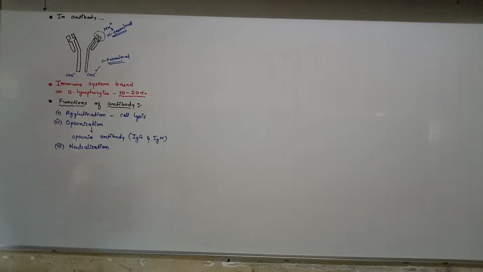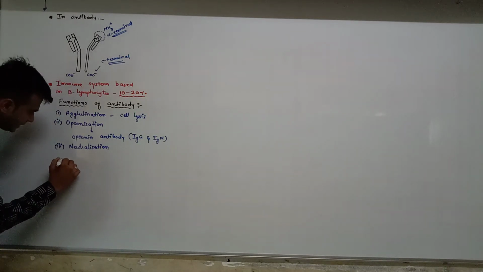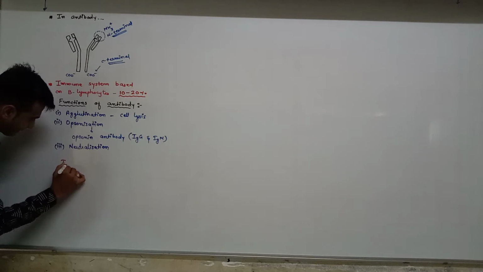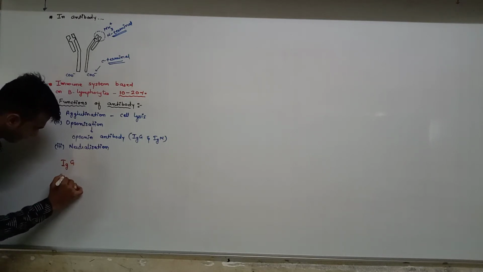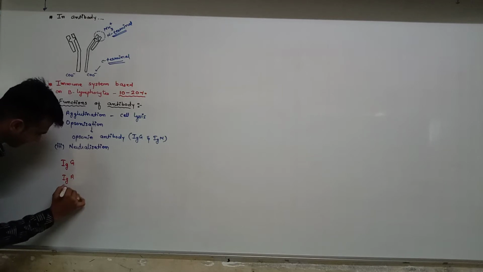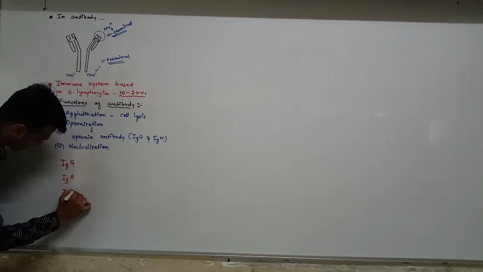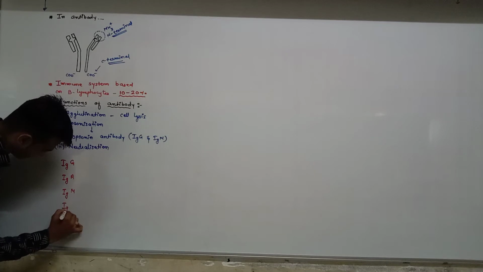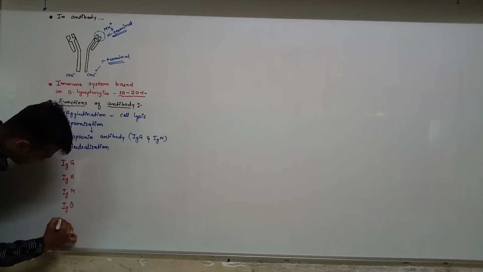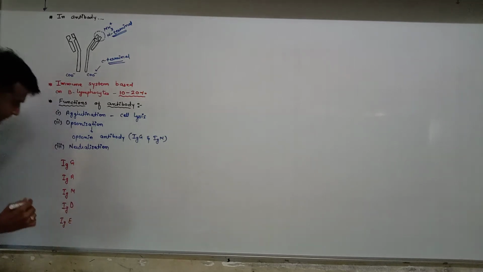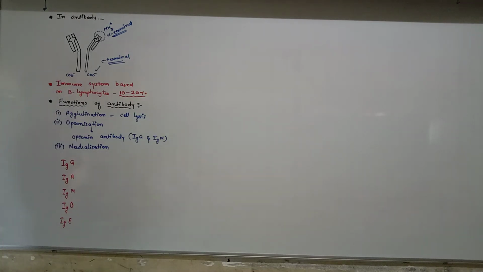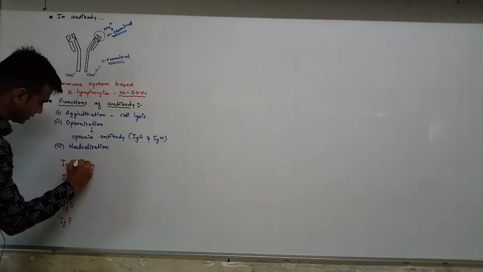Now, I will tell you the functions of the different antibodies. You know that 5 types of antibodies are there. In short form we say Gamma, IgG,